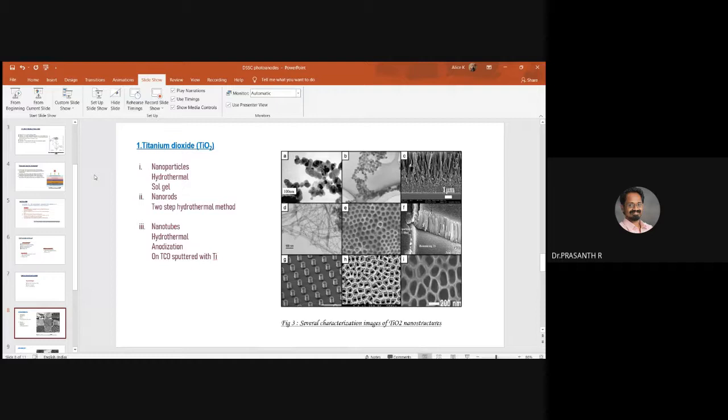Next is about titanium dioxide nanotubes. One of the significant methods is electrochemical anodization. This method was discussed in a very detailed manner in last week's meeting. As we have seen, it's a process of giving an oxide layer over the surface of the material. Similarly, a few other nanostructures of TiO2 and their fabrication are also discussed in this paper. The images shown here are some of the TiO2 nanostructures mentioned in this paper.